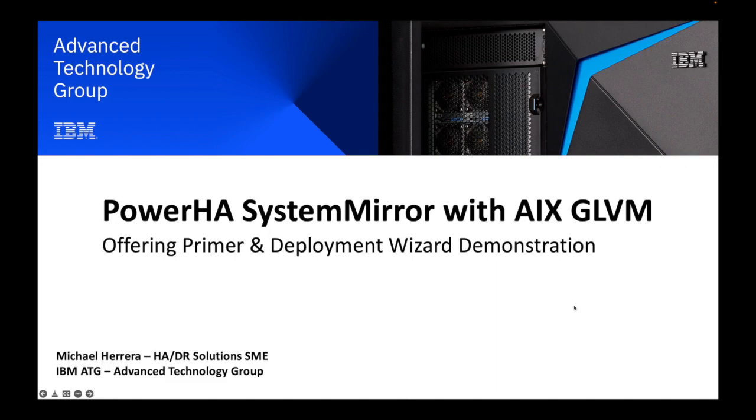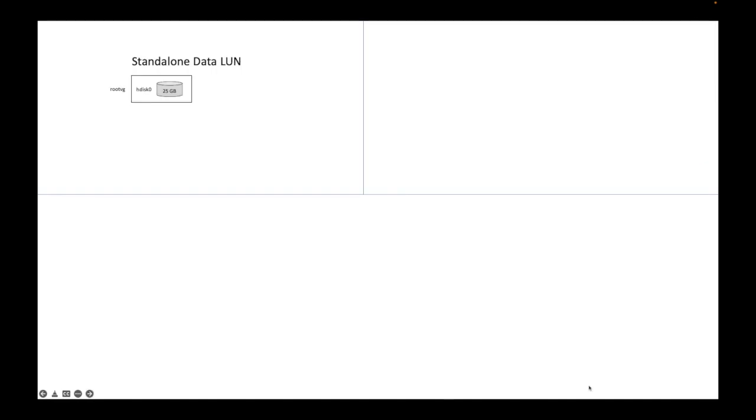Hi, and welcome to the AIX Geographic Logical Volume Mirroring Primer, where I will be describing how the AIX solution actually works and how offerings like the PowerHA SystemMirror Clustering solution can tightly integrate with it and provide a number of automated operations. Alright, so for starters, let's go ahead and take a look at a vanilla base AIX configuration